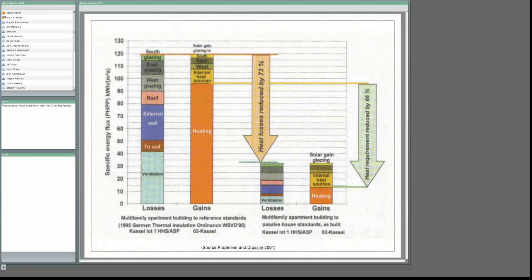Well, if we make a chart and we look at all of our losses, we see that our ventilation system is responsible for a large chunk of our losses. Where the building is sitting on the ground is responsible for sucking out a lot of our heat in the winter. Our external walls are responsible for quite a big loss. The roof, of course, as well, but typically we insulate the roof much more than any part of the walls. And then we have our glazing, which is always the weakest link of our building envelope. So when you add up all these losses, you come up to the chart up here at 120,